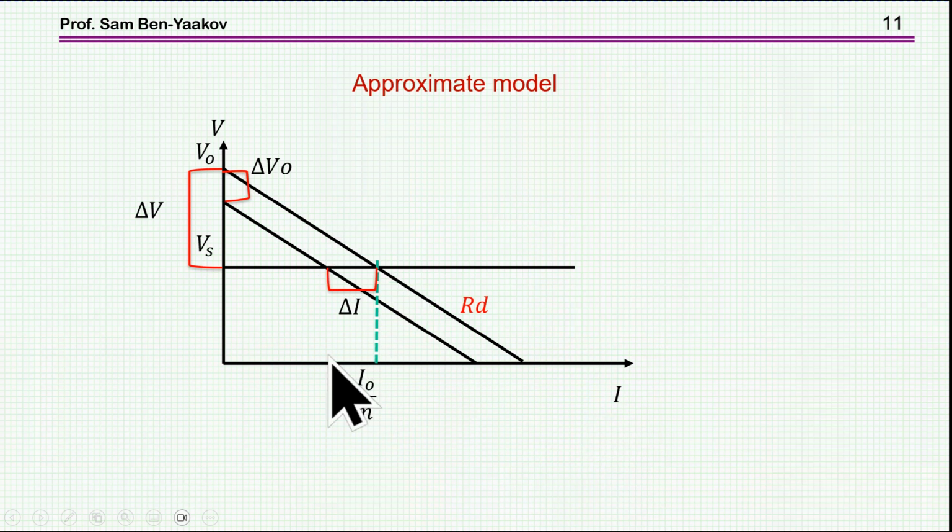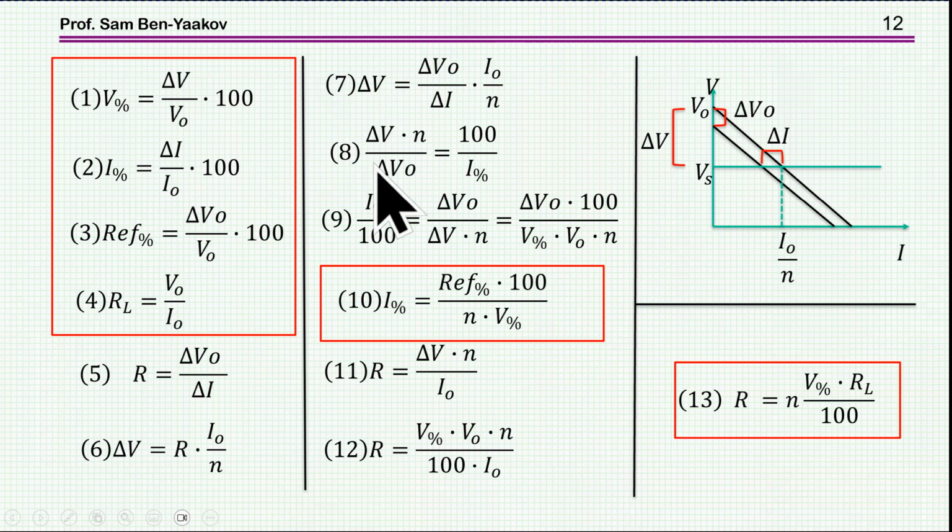Now, based on this simple model, and using some geometrical relationship between these deltas and I's, we can develop a set of equations here. I'm not going into the fine details, but let me start first of all with the definitions that we have here. Now, V% is the drop in the voltage referred to the nominal voltage in percent. I% is delta I over the total current, and then reference percent is the actual error in the output voltage,